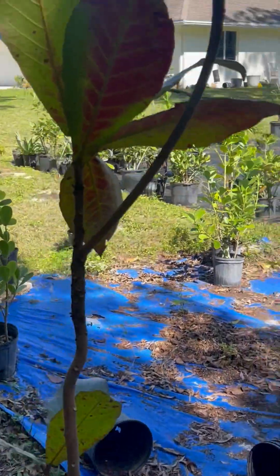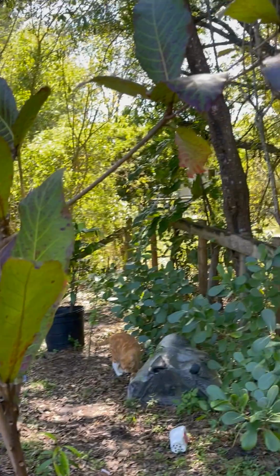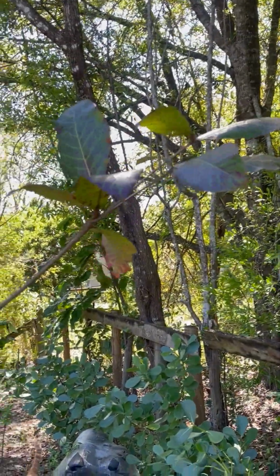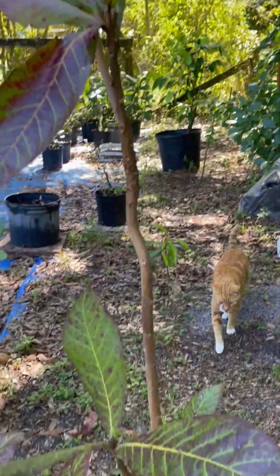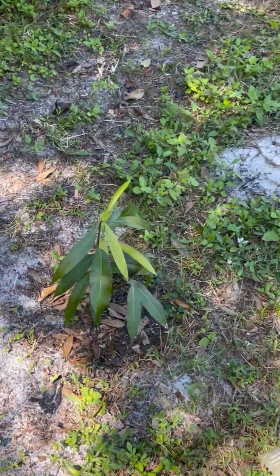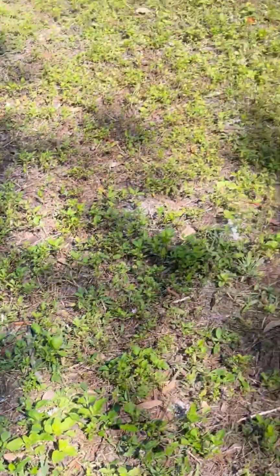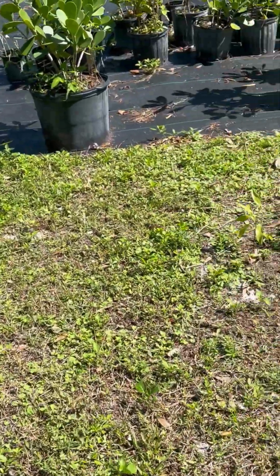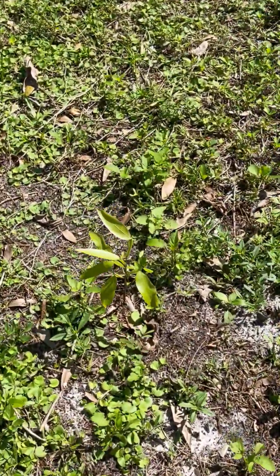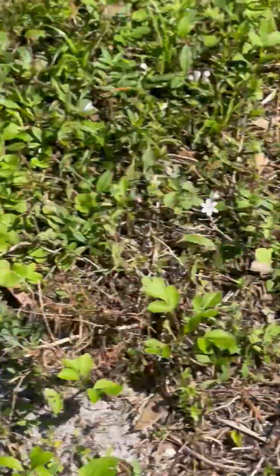And my almond tree. This sucker is just growing like crazy under the shade. So I think it's more of a shade plant than anything else. And then my mango, again, from seedling. My cassava, nothing much. I actually kicked it over, so I don't know if anything's gonna happen with that. And then my other guinea tree plant seedling, and then my other